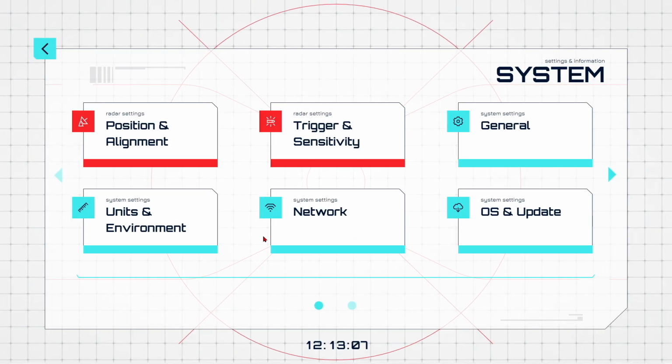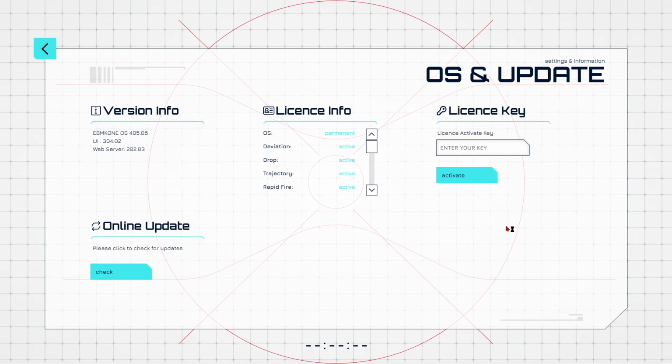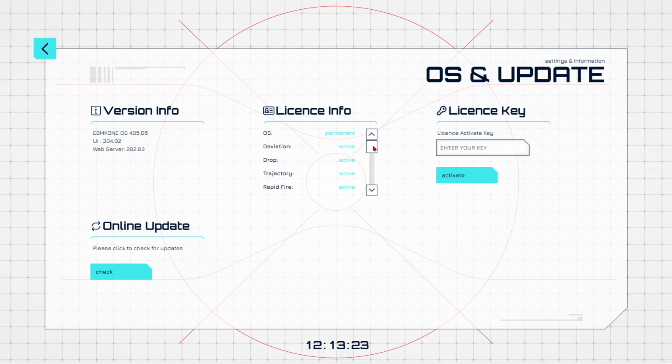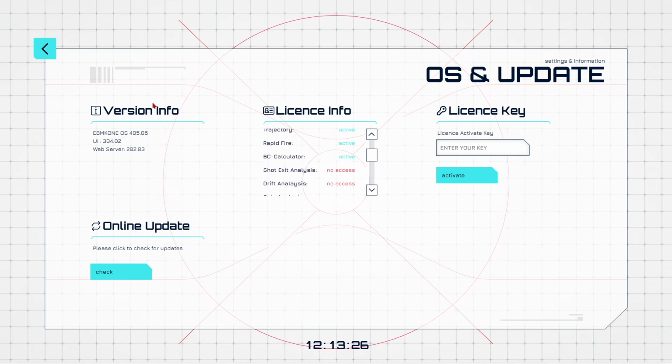We have already talked about the network settings in this specific video, so we will skip this module here and then go to our OS and update. In this module, you can then update the EB Mark I or unlock additional licenses for modules, which you can see here. First off, in the top left corner, we can see that we are currently running the EB Mark I OS at the